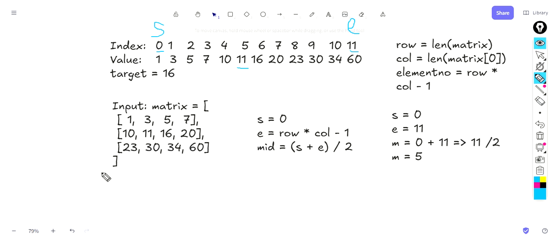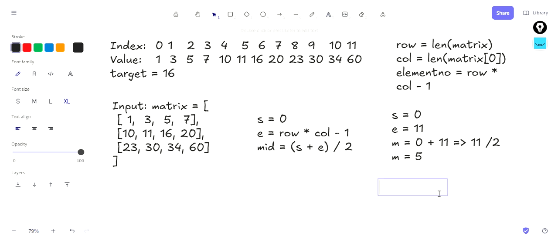So the input is a two-dimensional array. If it is a 2D array, how will you find where the 11 is present here? For that, we have to know in which row, and in that row which column, right? How will you find that? We can find it in many ways. One way is the current row, I name it as R. The current row is the mid, integer division by the column,